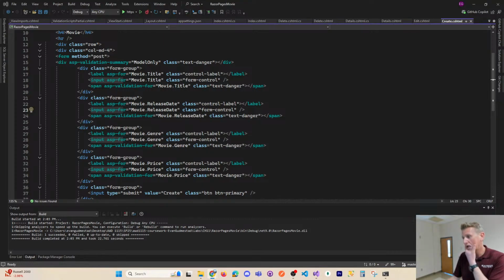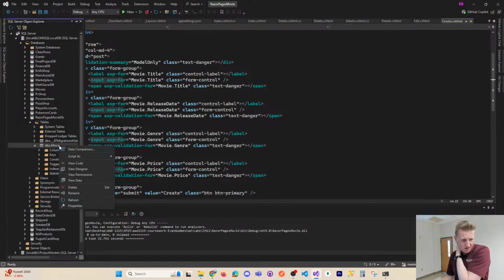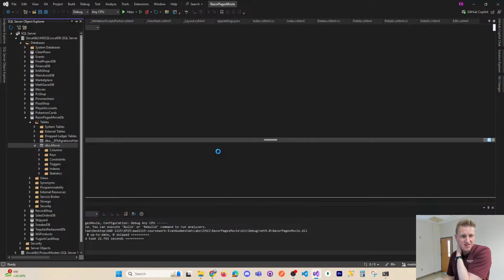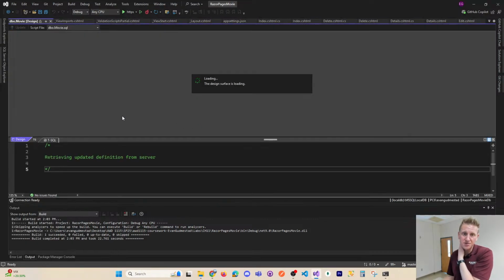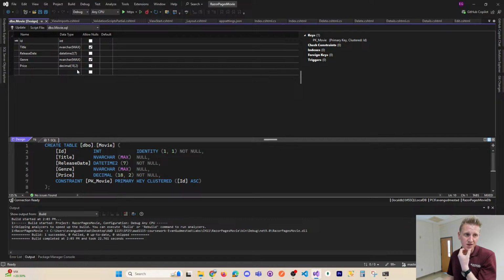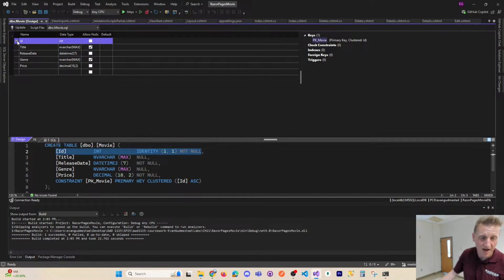Okay. We already looked at all the database stuff, and let's go back into here and view the designer around the SQL Server table that was created. So it gets us our SQL Server data types. Some are nullable, some are not. ID is a primary key, not nullable. Okay, now